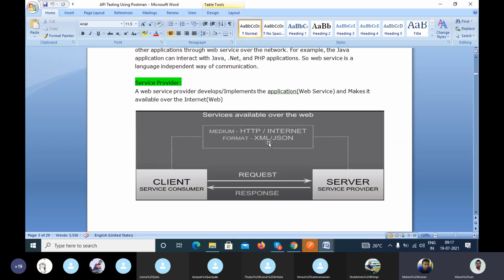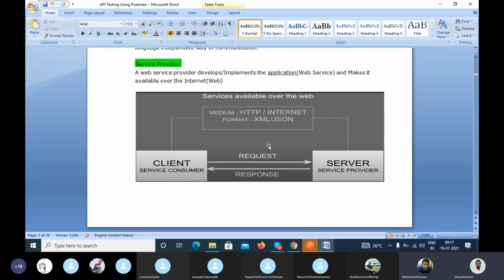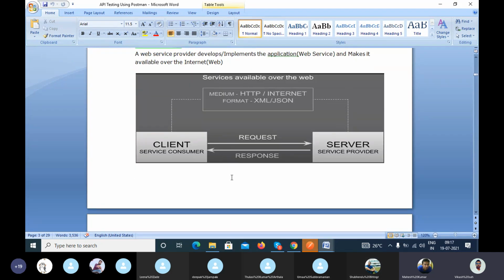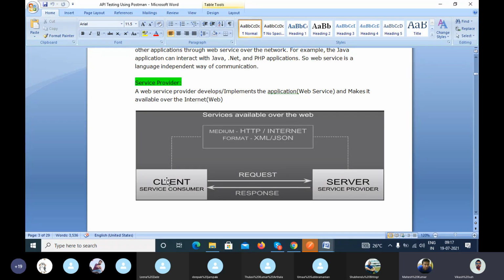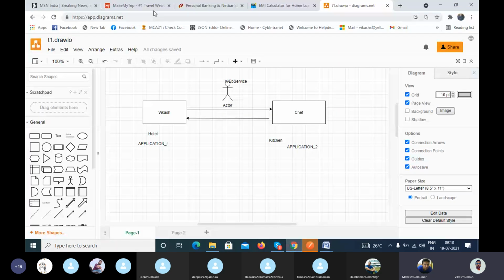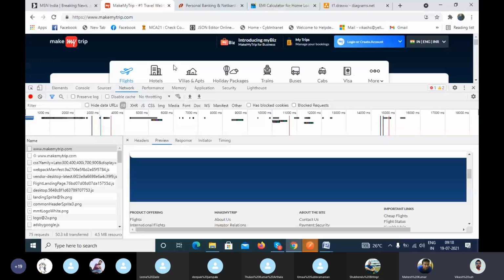Okay, now guys, come to here. When the client, let's suppose, who is the client here? Make My Trip. Make My Trip sends the request to its server. When